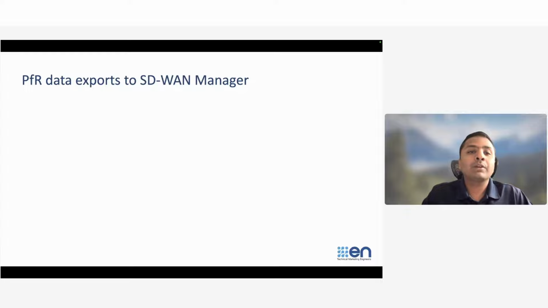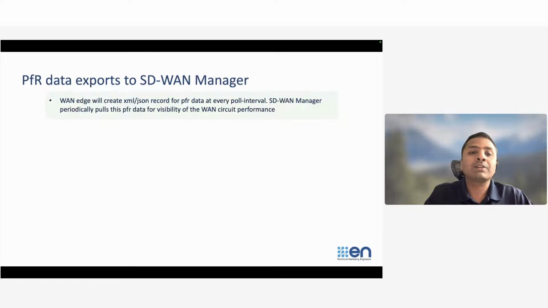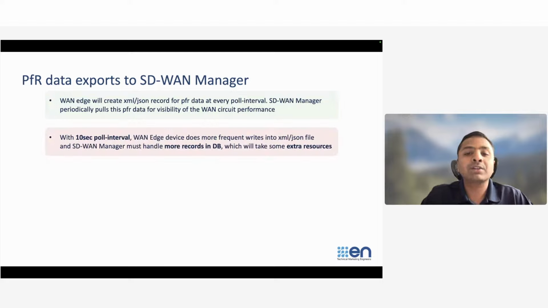So again, when we have these data metrics exported to SD-WAN Manager, and you go to the tunnel and see all these stats, prior to this the SD-WAN edge device would write these records every poll interval. And the poll interval was not 10 seconds. Now, because of this reduced poll interval, you will see the device writes more frequently to these records